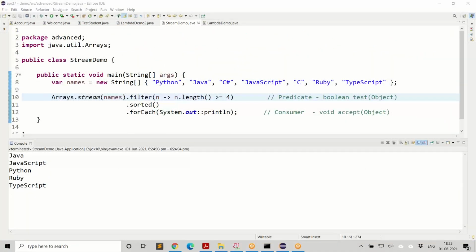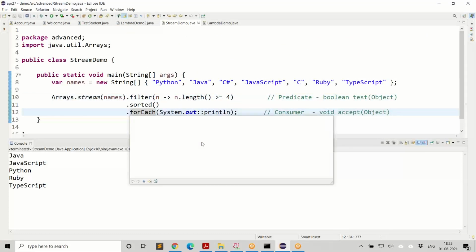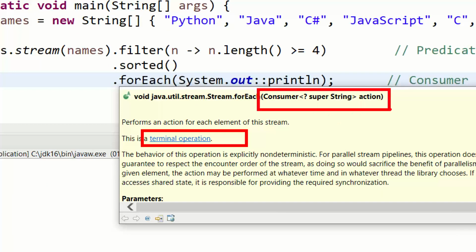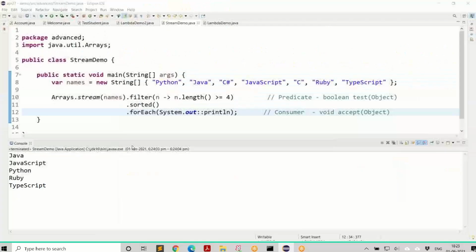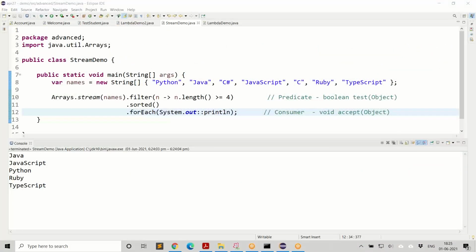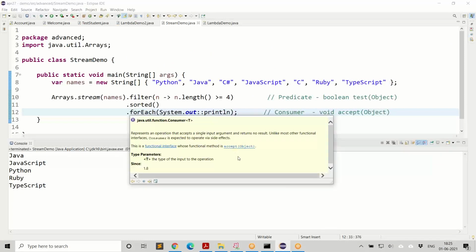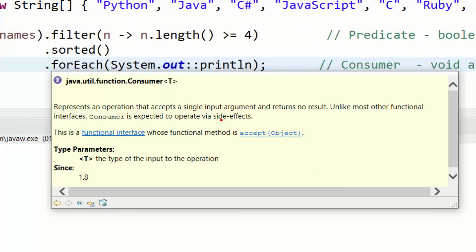And similarly, this forEach is another functional interface. It's a terminal operation. Look at that. It is a terminal operation and it is expecting a consumer. And if you go and click on consumer, you will get the information. And there you have something called accept.